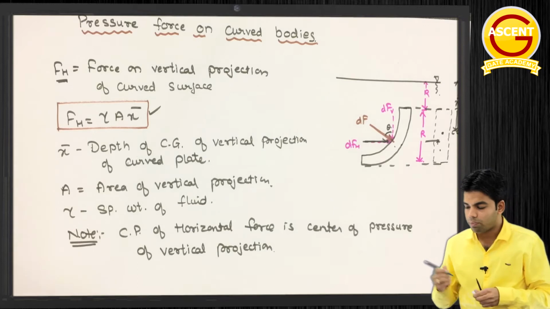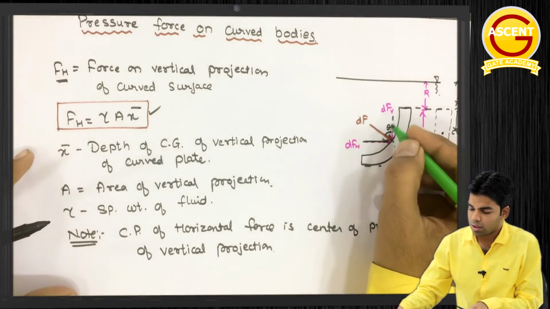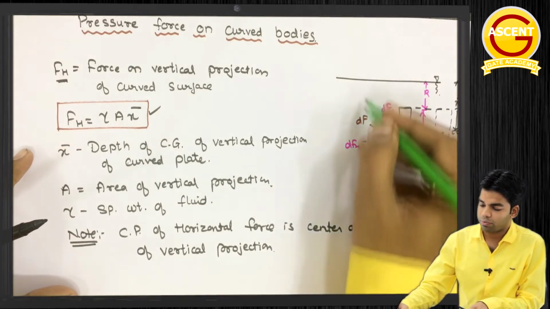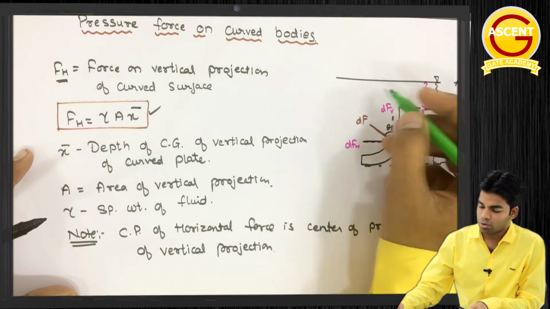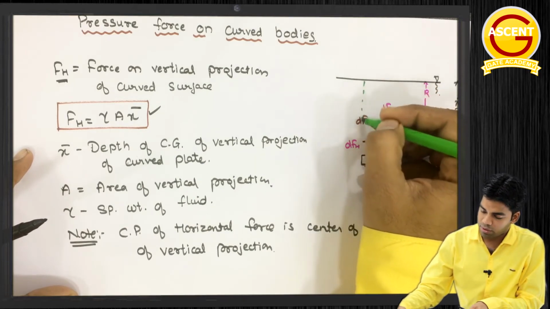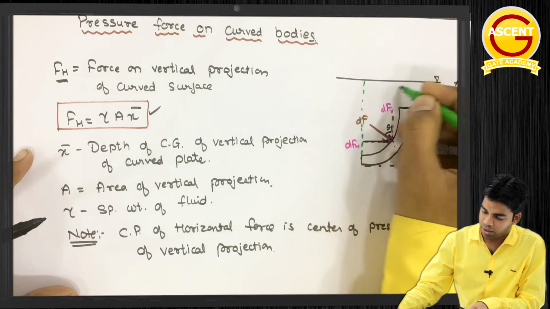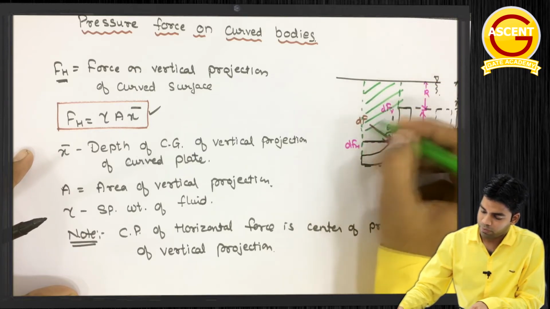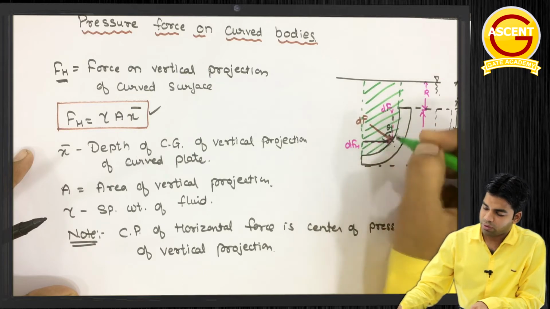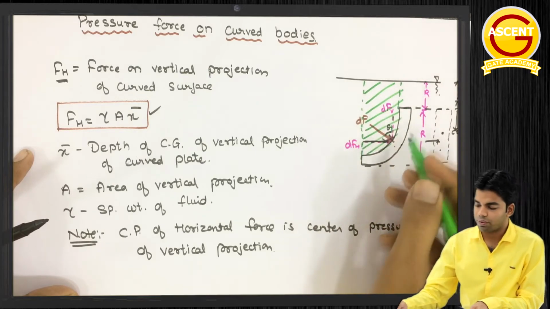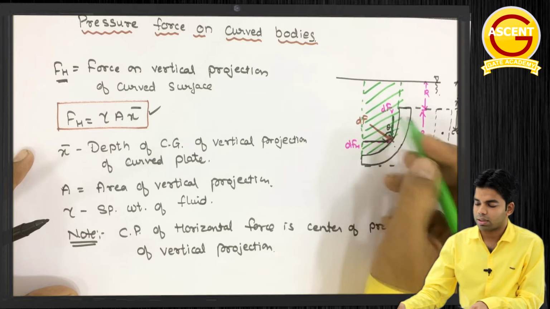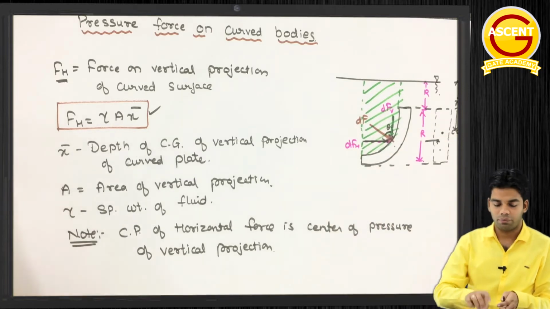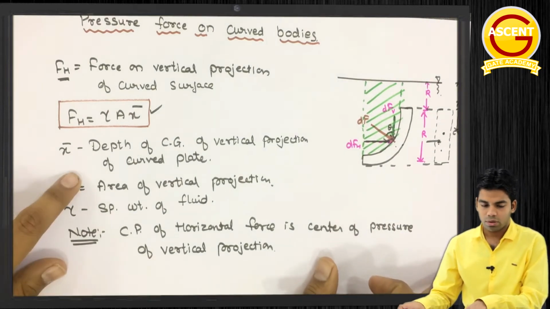Second, very important thing, अब वर्टिकल फोर्स कैसे निकालना है. So this vertical force is because of the weight of the liquid which is above this. सो अबाउट दिस कर्व्ड सरफेस, इस कर्व्ड सरफेस के ऊपर जितनी भी लिक्विड है उस पूरी लिक्विड का वेट निकालना है. Whatever liquid we are having above this curved surface, the weight of that liquid is nothing but vertical force Fv. Getting this?